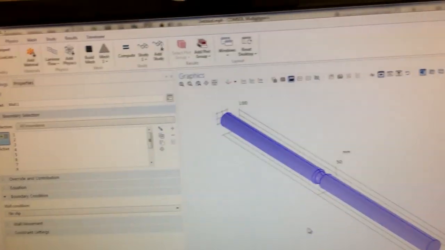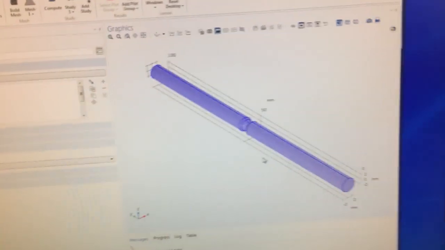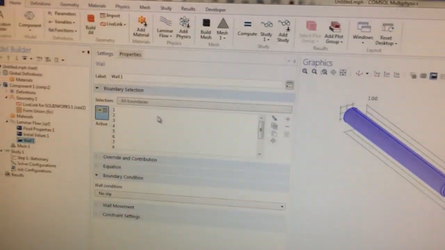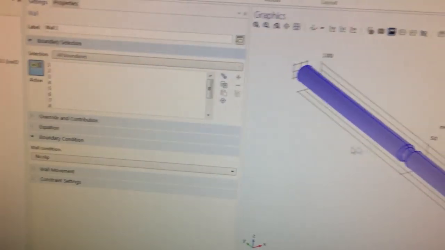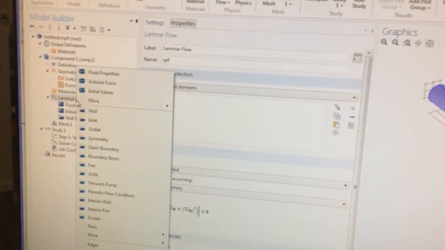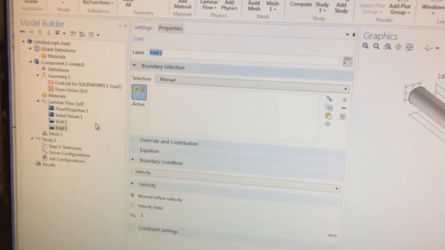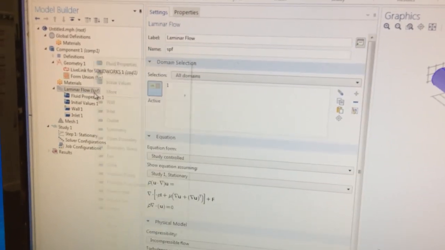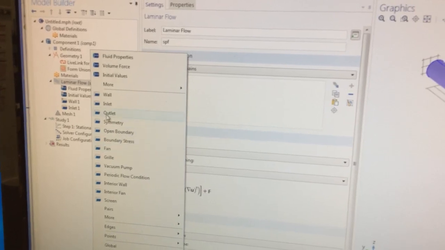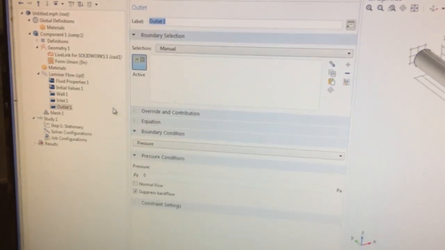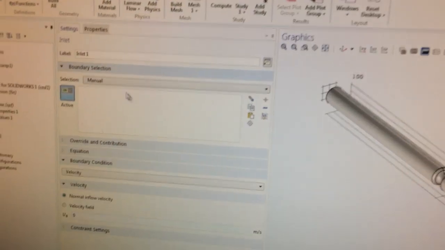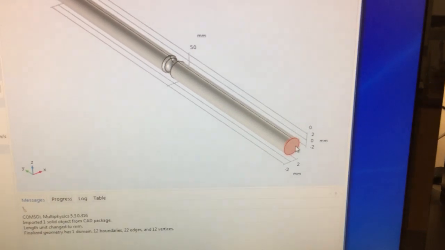Then initially everything is considered as the wall, all the outer surfaces. And the domain means volume and boundary means surfaces. So we add one inlet and one outlet by right clicking on the laminar flow. So as inlet, we specify this face. So this is boundary or surface selection manual. We select this face,